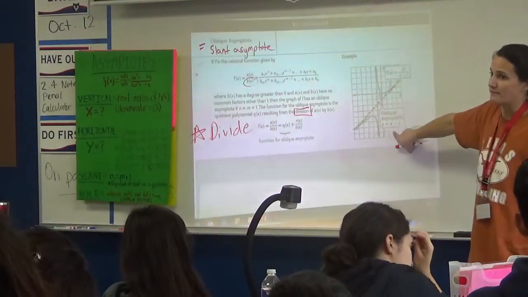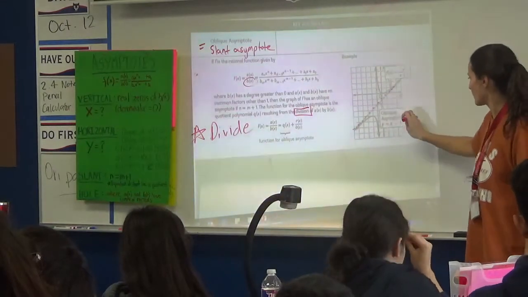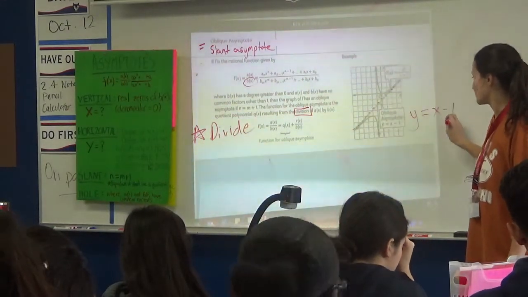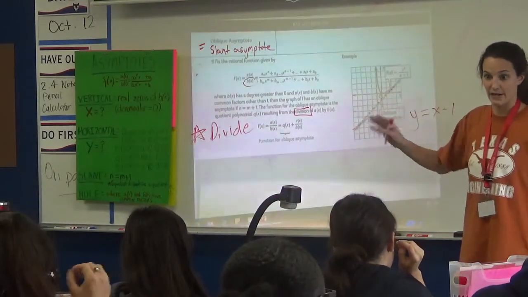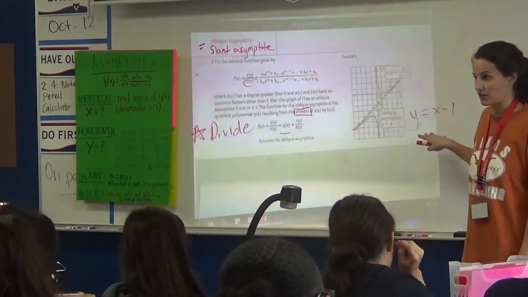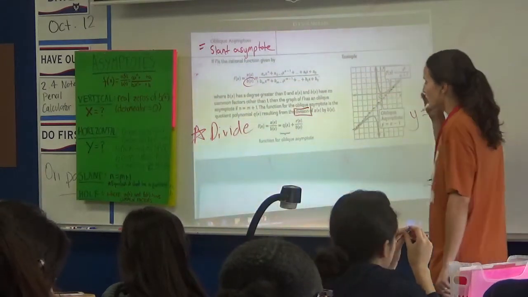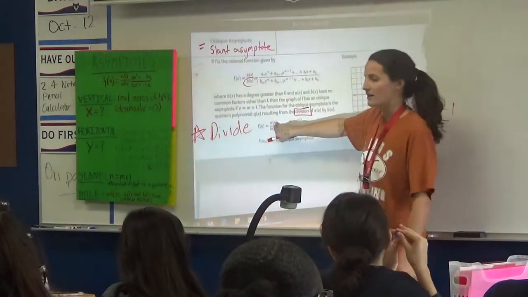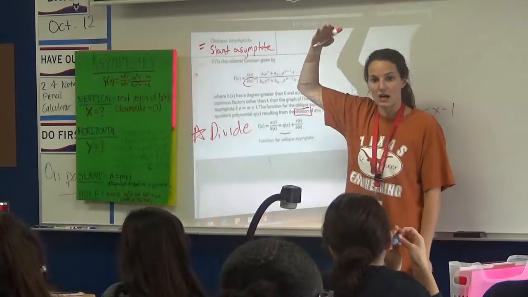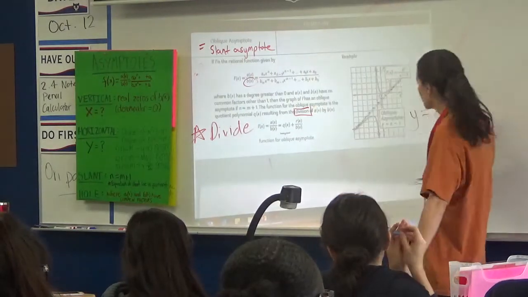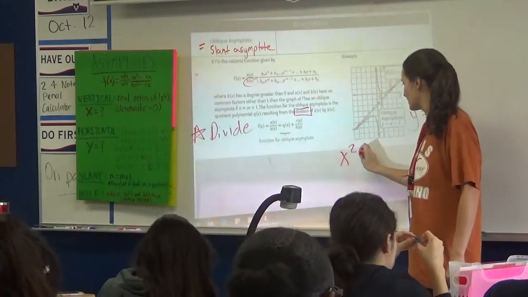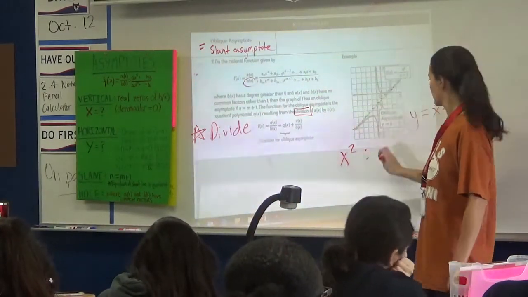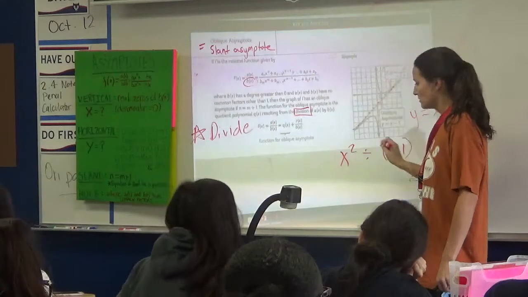Alright, so we could divide. So right here, they gave you this one. They say the oblique asymptote, I'll write it a little bit bigger, is x minus 1. Okay, so we know that's the answer, but let's walk through how to actually get it and see that that's our answer for our oblique asymptote. So we're going to divide a of x by b of x, the top divided by the bottom. In our example, what's the top? X squared, and we're going to divide it by the bottom, which is what? X plus 1.